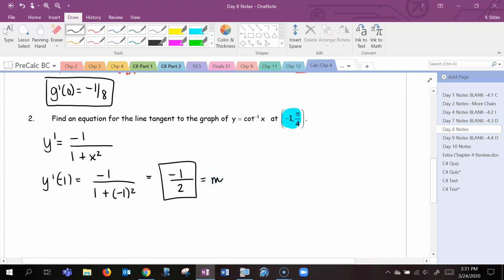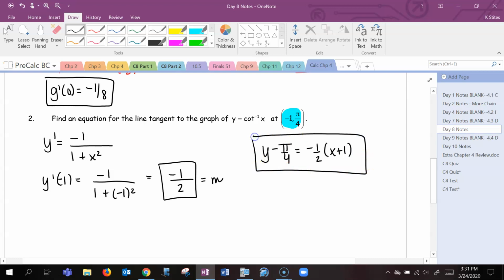And now I'm just writing the equation of my tangent. y minus pi over 4 equals my slope, negative 1/2, times x plus 1. Tangent. And look at that,